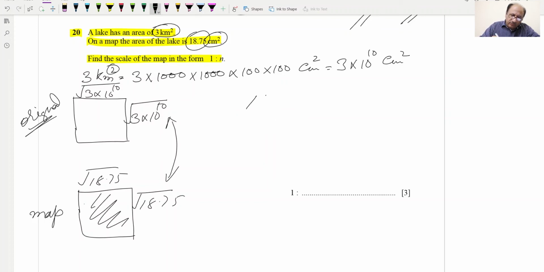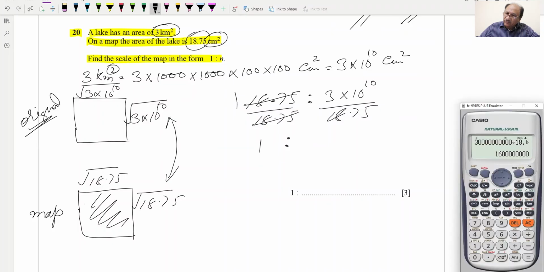For your understanding, we can write 18.75 ratio, 3 into 10 raised to 10 under root, and this one divided by 18.75. The 18.75 on this side will cancel and we will get 1 on this side. This side is basically 3 into 10 raised to the power 10, and if we take the fraction first, it will be 3 into 10 raised to the power 10 divided by 18.75. This will result in